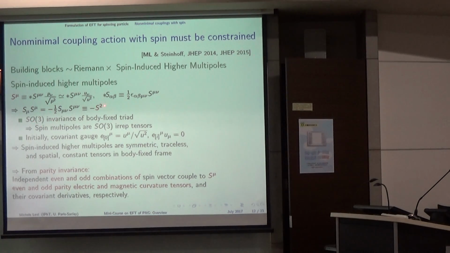From the spin vector, we define the related scalar, which is the spin squared. Using only the symmetries that I noted earlier, which are the SO(3) invariance of the body-fixed triad, and the fact that we initially start from the covariant gauge, we conclude that the spin-induced higher multipoles are symmetric, traceless, spatial, and constant tensors in the body-fixed frame. Therefore, the general structure of these spin-induced higher multipoles would just be direct products of